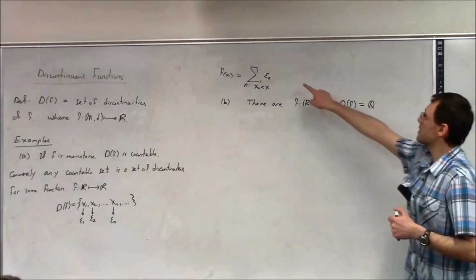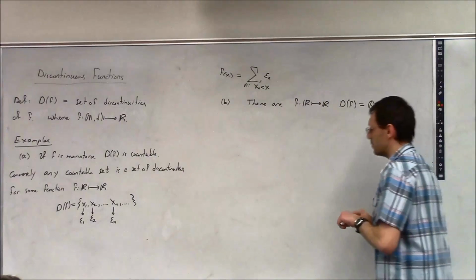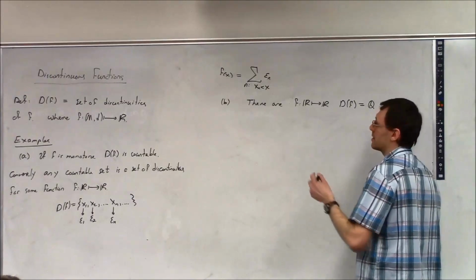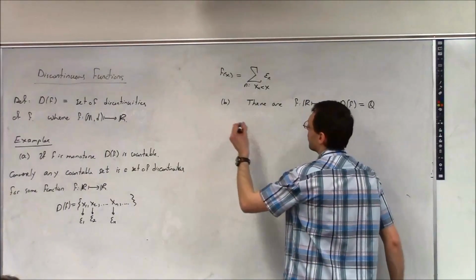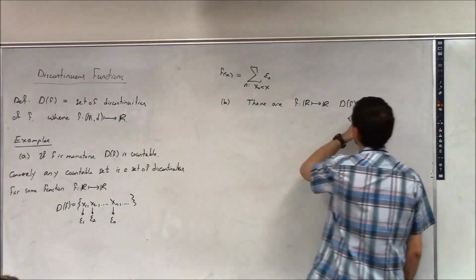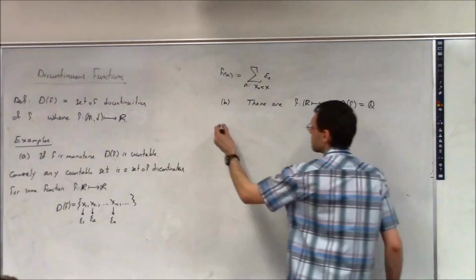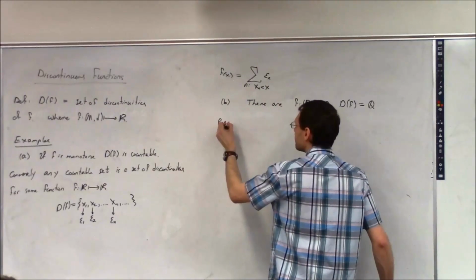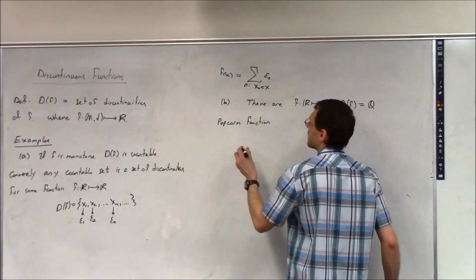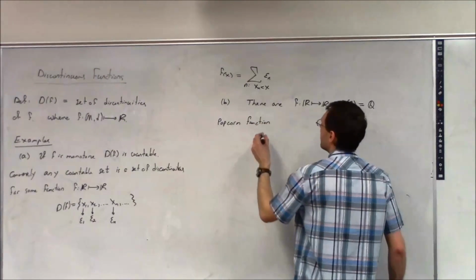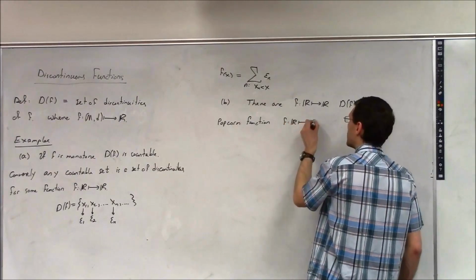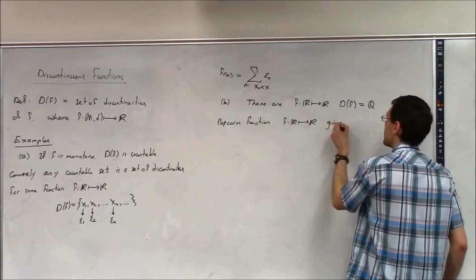But aside from this function, there is one example which is called the popcorn function. You can actually find it also in Spivak. He uses it as an example for integration theory. So the popcorn function is, in fact, discontinuous only at the rational numbers. And here is the definition that we can make over all of R. Popcorn function f from R to R given by